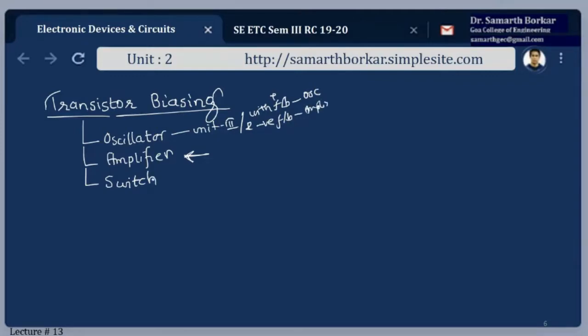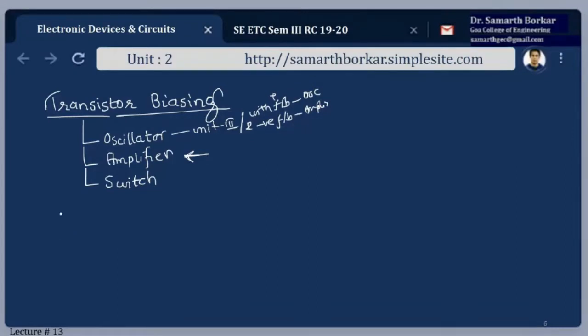Now, if I want to amplify any given signal, the signal strength. A simple example is the aerial signal that we get for television. We cannot feel those signals because those signals are very small. But if I want to drive the circuitry of television, on that particular printed circuit board there are ICs. ICs require a certain amount of voltage. So there are these amplifiers which will amplify the signals.